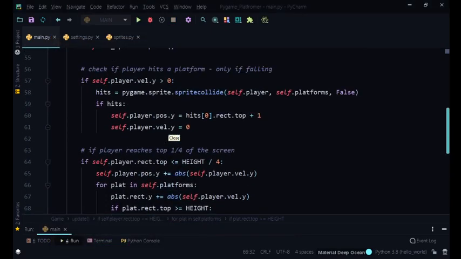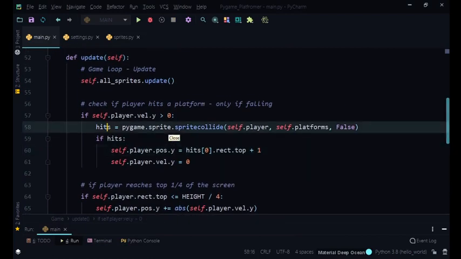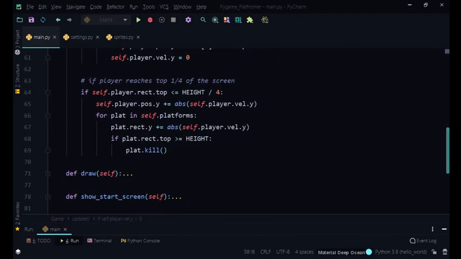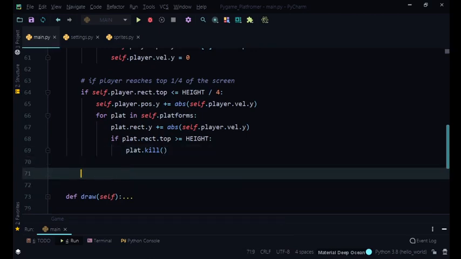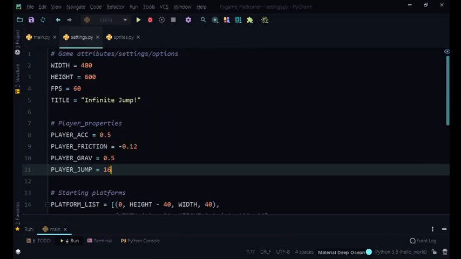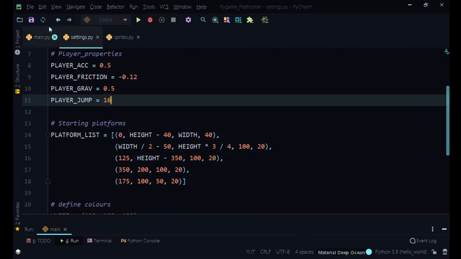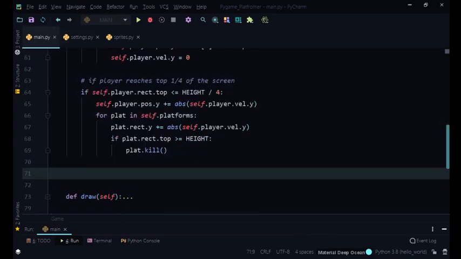So we want to add some infinity platforms now. So we are going to be adding platforms. We're going to have an average number of platforms that we want on the screen. Because in our platform list over here we had about 5 platforms, I'm going to set the average to 6. So there's at least 6